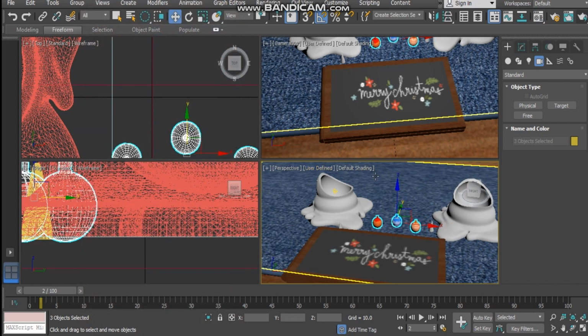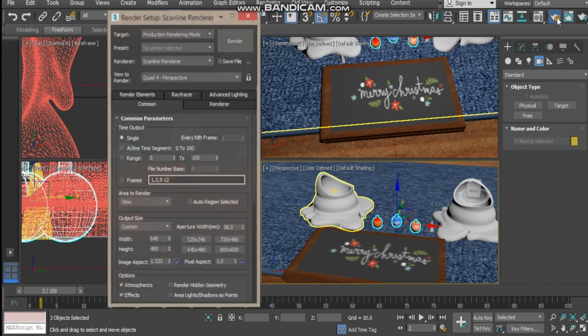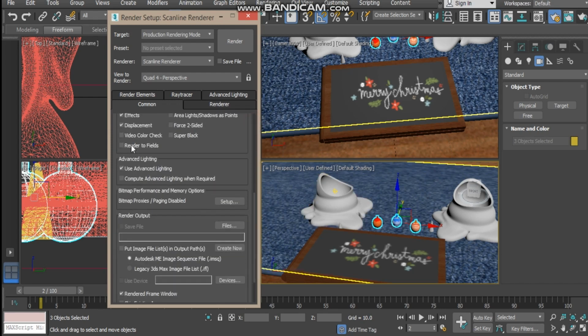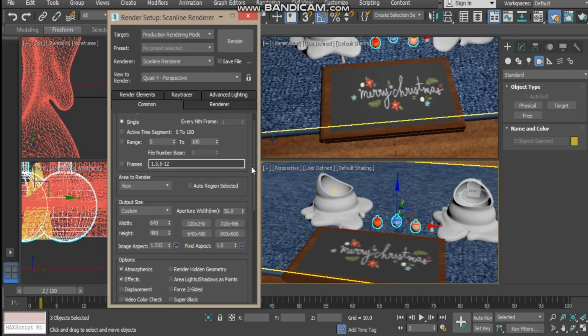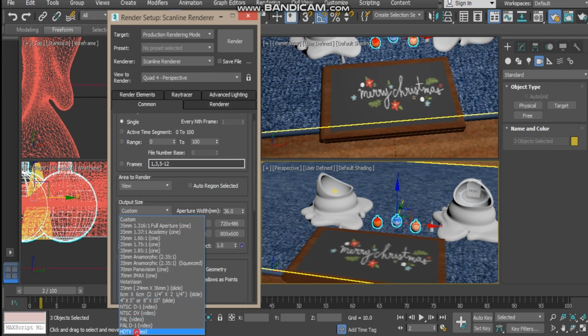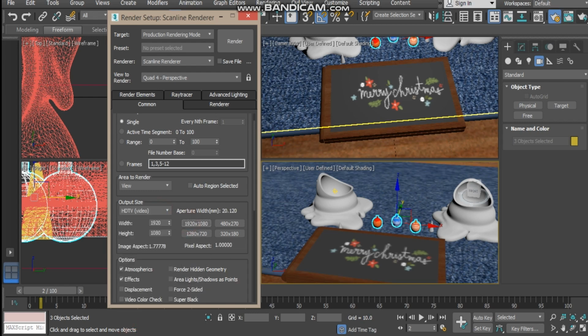So another quick tip for our render settings now is make sure you have displacement off, because then when you render it, it will look all weird. So that's a very important tip. I can't believe I figured that out. I was just fiddling with 3ds Max and just came across that and I was like, oh, that's pretty cool. Okay, so output size HDTV 1920 by 1080, and we want the range to be 0 to 100,